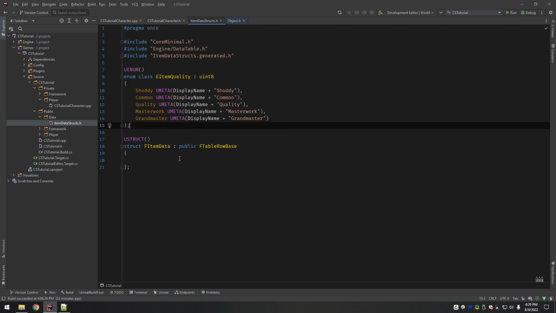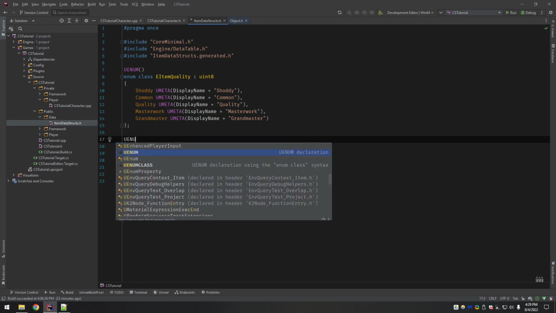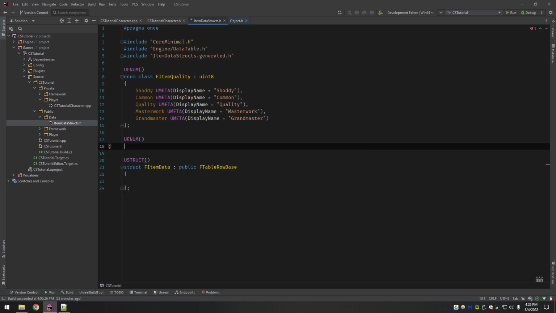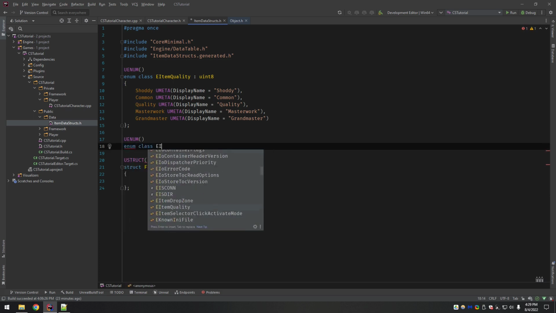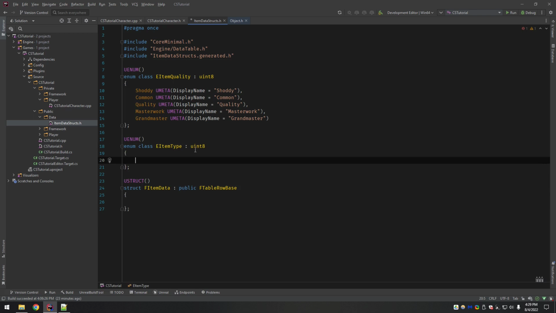All right, so there's item quality. So next we want item type. Now this one's really important because in the way I've implemented it, especially in the user interface, you want to display certain info or not display certain info for different kinds of items.